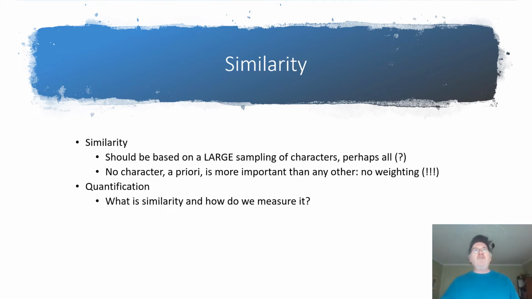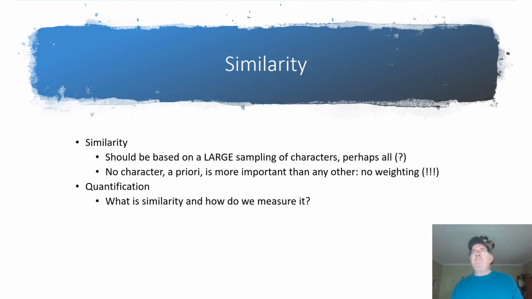So to overcome that correlation amongst characters that are all kind of pointing at the same thing, perhaps we should be looking at a large number of characters so that we're getting a comprehensive sampling of all the characteristics of these organisms. We can then talk about overall similarity rather than just similarity in wing structure or similarity in, I don't know what, mouth part structure. We want all characteristics because we want our classifications to be general, not a special classification of the different types of wings in insects, but of all the characteristics of insects.